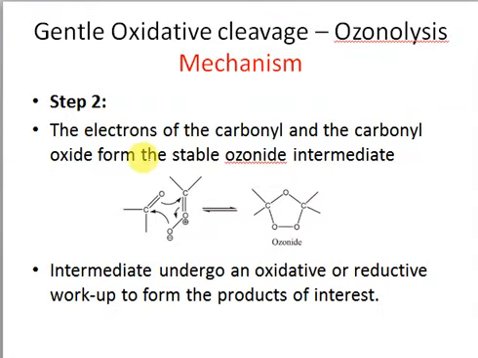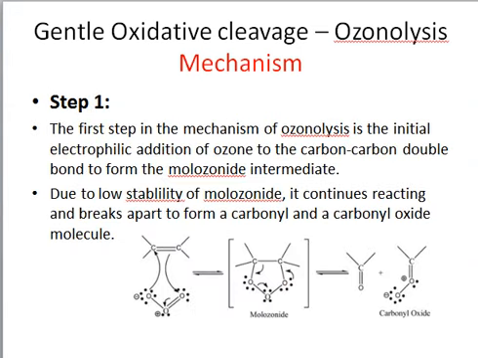Okay, so you can say that the ozonide is rearranging, and you can see that this oxygen will attack this carbon, and this pi bond is attacking this carbon, so we are forming this ozonide. And this ozonide is unstable. Why is it unstable? You can see that here we have an oxygen-oxygen single bond. Whenever there is an oxygen-oxygen single bond, this is called a peroxide, and oxygen-oxygen single bonds are highly unstable. So this intermediate is unstable, and that's why it will break down further,